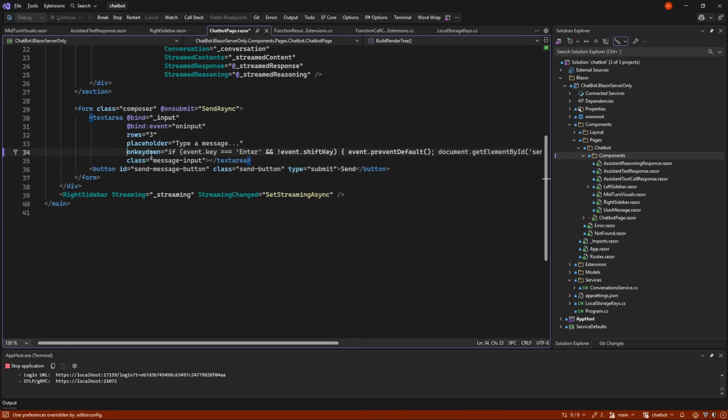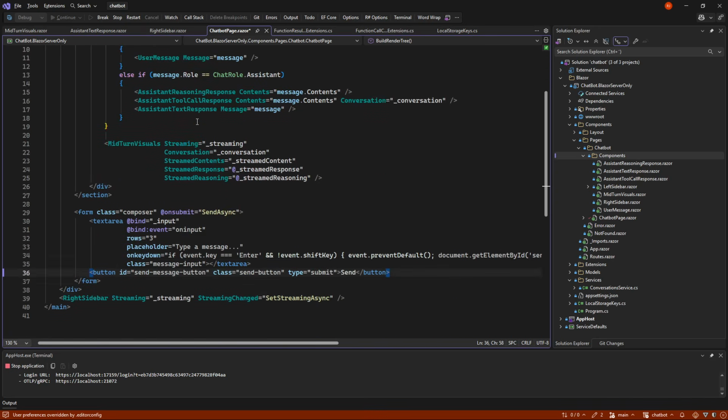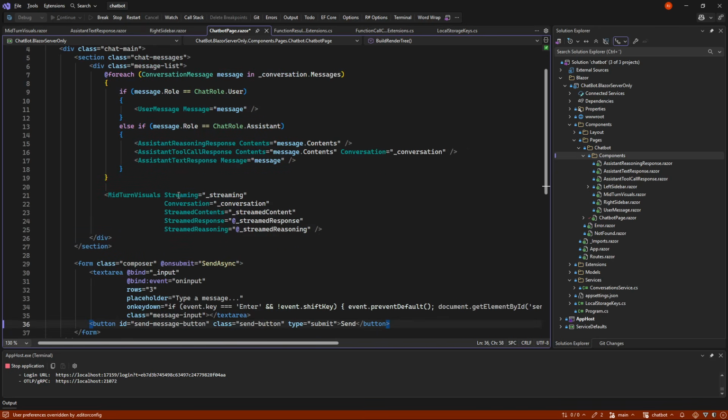So the key down here is to be able to press enter in the field, so we don't need to use the mouse to press the send button, and still be able to use the shift key in order to make multi-line sendings. So that is the only GUI we have. Each of these GUI elements we will cover in more detail a little later on.